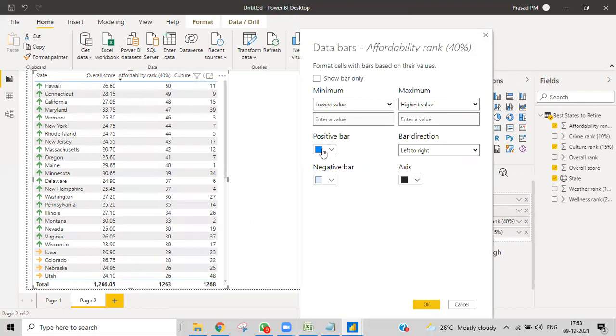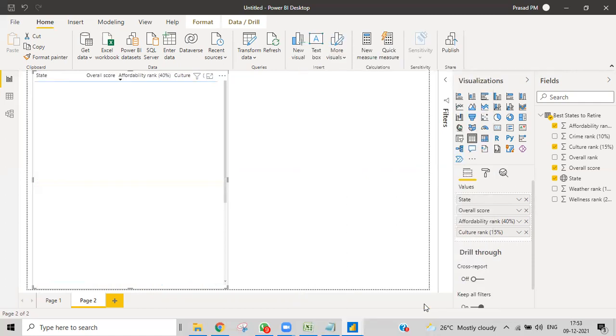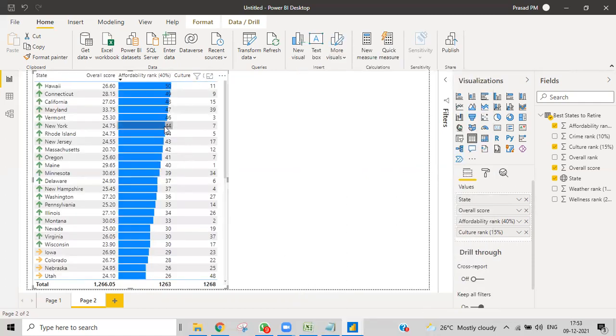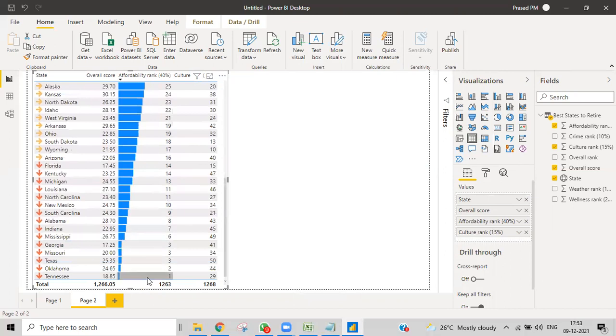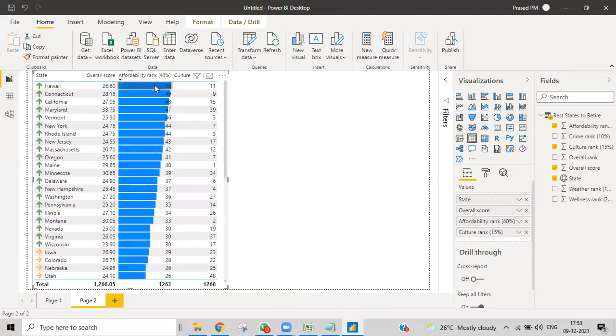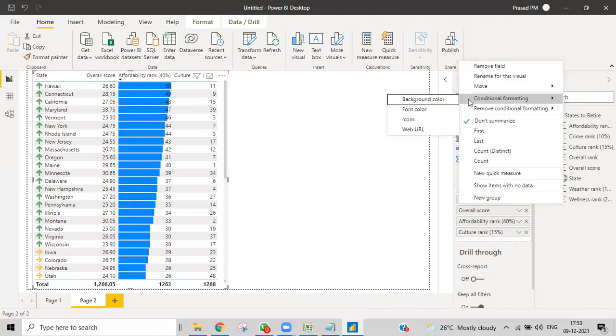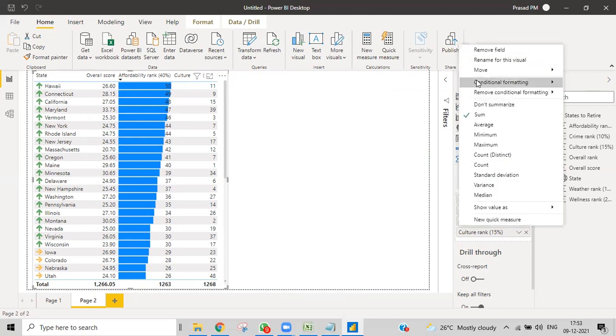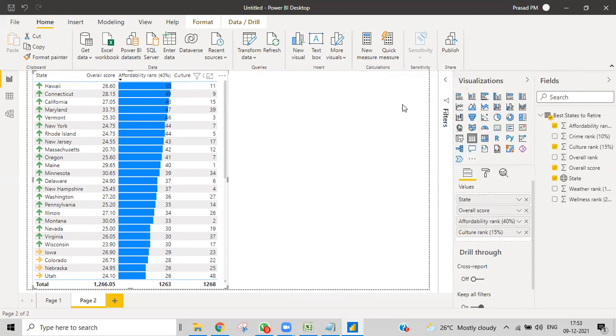As per the ranking, it shows the bar. The lowest value will have a smaller bar, and the highest value a larger bar. Let's go and check the same option: affordability ranking, conditional formatting, data bars.